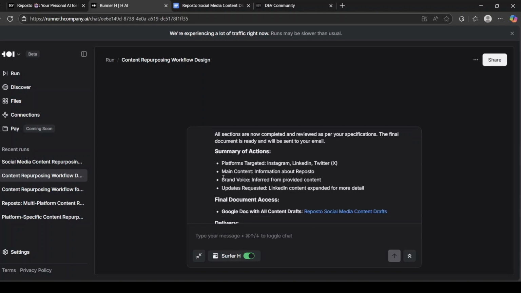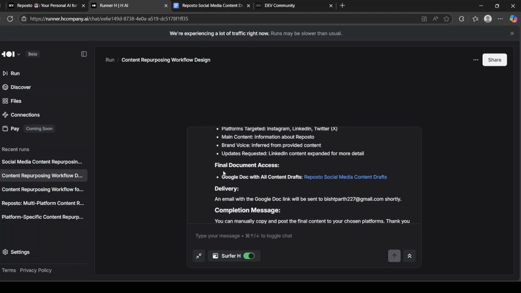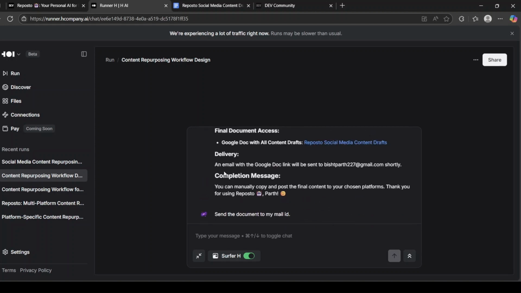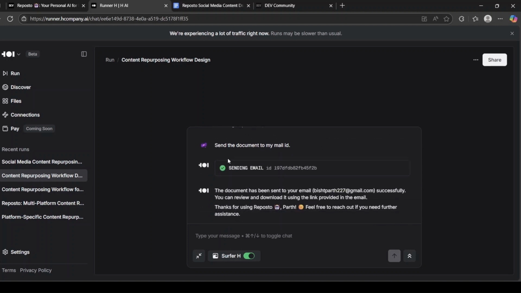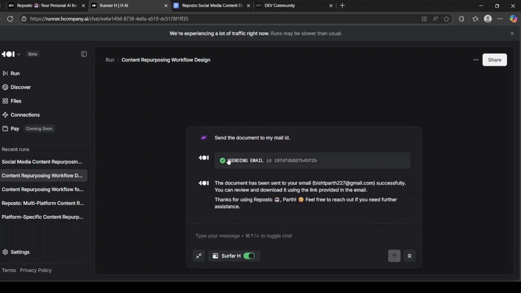It has provided a summary of the actions, final document access, and now it will share an email with me over my mail ID that I specified in the beginning. But I can also ask it to send the mail by sending a follow-up prompt if it takes some time. And after that, if everything works well, you'll be able to receive your document in your email, and that is